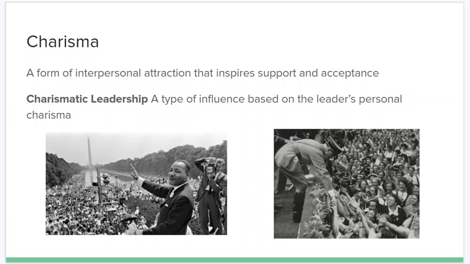So let's look at some of the history. A charismatic leader in a positive sense would be Martin Luther King. His words are still used, and we know who he is. He was able to draw a crowd. He was able to share his charisma and create a following and a movement. On the unhealthy side, a very charismatic leader was Adolf Hitler, who was able to charm the German people into creating one of the worst genocides in human history.